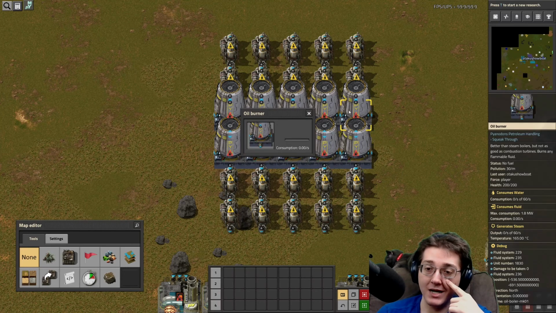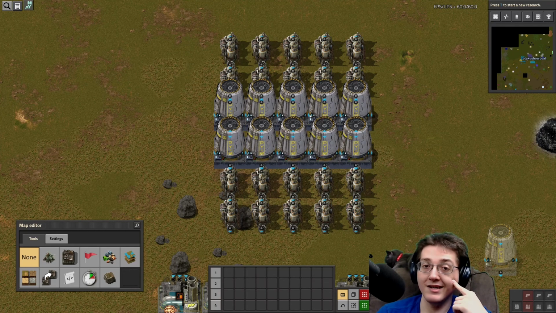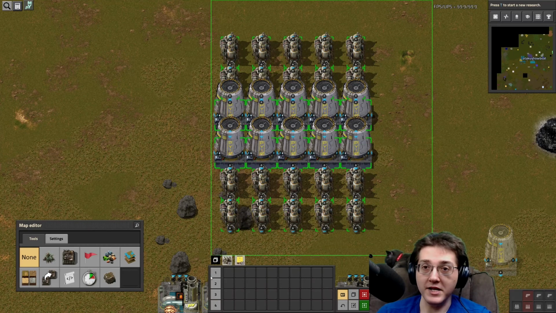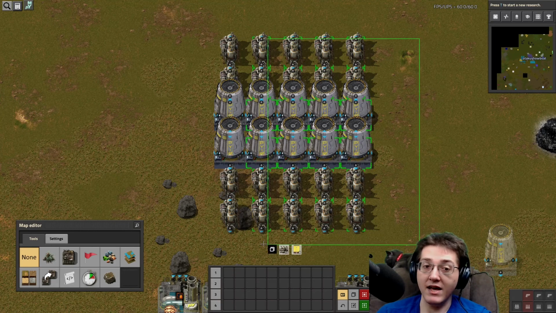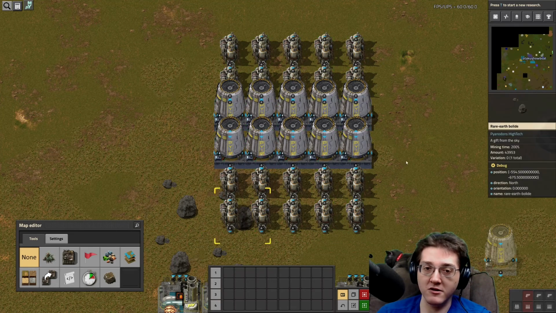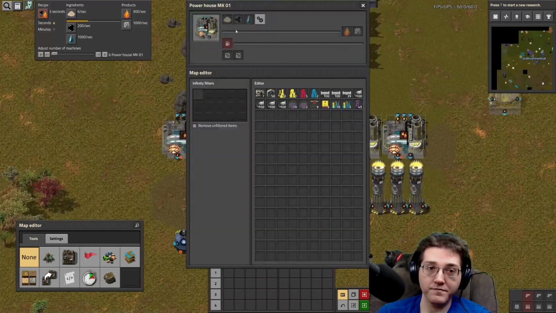And then how much fluid is that? Well, the fluid's 1 megajoule, so it's 72 units of fluid. In this case, if we are looking at benzene, we can spend 72 units of benzene and get 72 megawatts of power out of it through 40 oil burners and 80 steam engines, versus